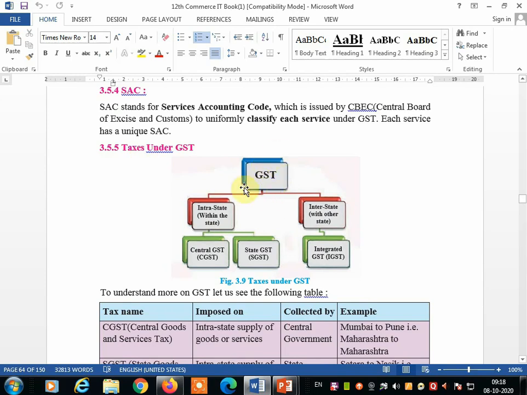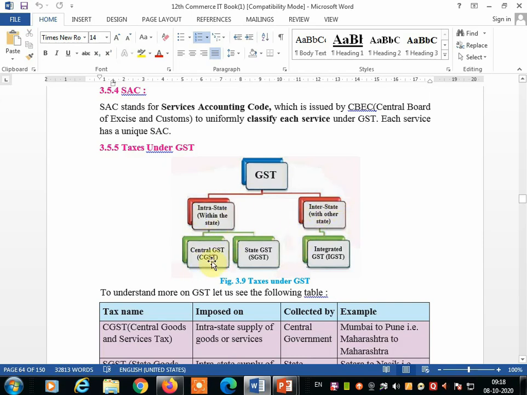Now, tax under GST. In the GST there is intrastate, within the state, and interstate, with another state. When you are going to calculate GST, you are going to look at these two terms, intrastate and interstate. Within the state it is called intrastate, and with another state, interstate.